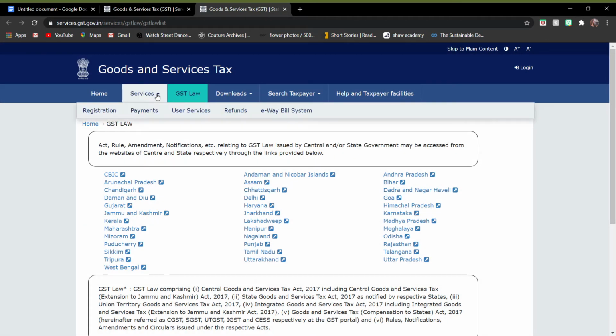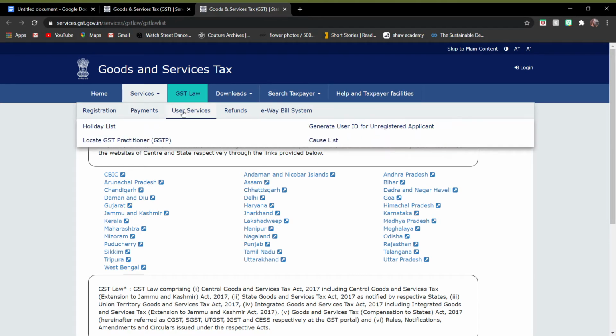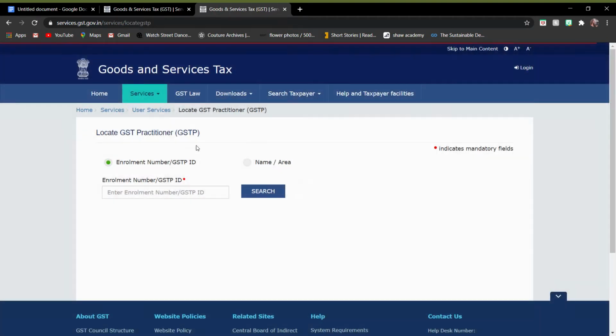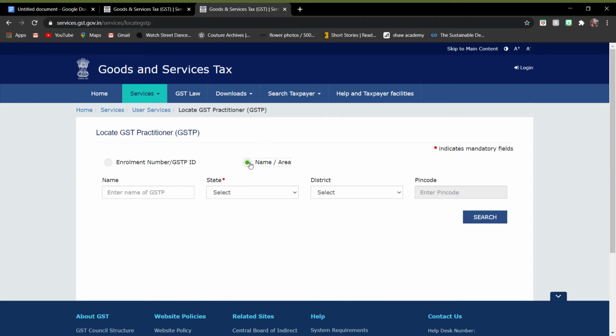And then next in the user services is locate GST practitioners. Here you have two options where you can find them through enrollment number or the GSTP ID or the name or area, and search further.